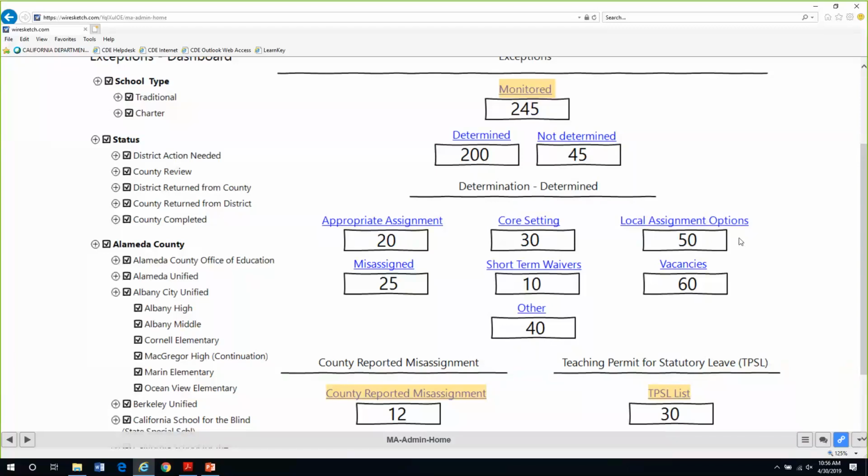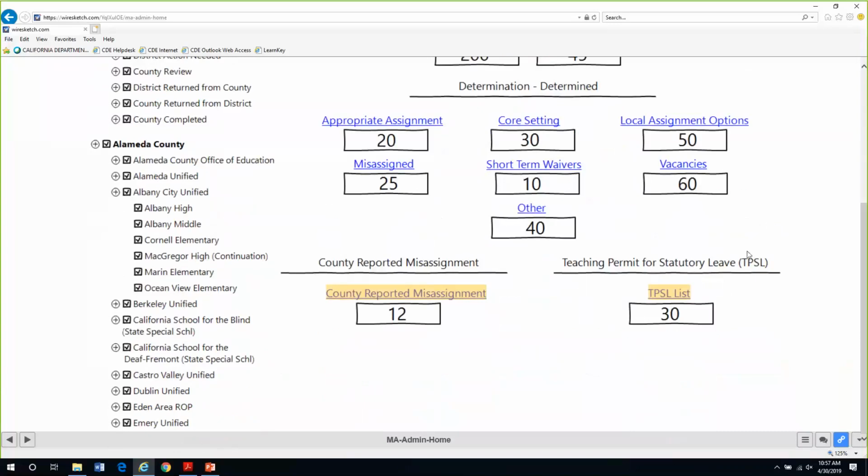But if I decide that I want to randomly select 20% of them to audit and say I want to see the governing board minutes for that 20%, I can do that too. And if I don't like what I'm seeing on the 20% coming back and it looks like their paperwork is not in good shape, I can then go back and request it for all of them because I have that 90 days to do that.